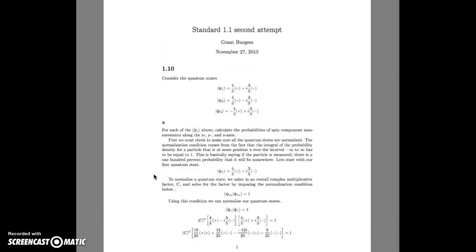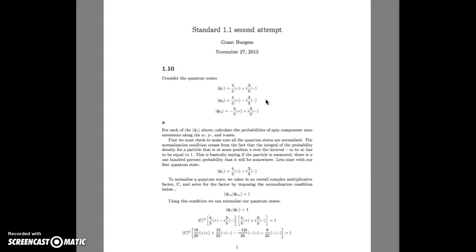This is my second attempt at standard 1.1, and it asks us to consider the quantum states, which are shown right here, and for each of them, calculate the probabilities of spin component measurements along the x, y, and z axis. So first, before we do that, we have to check to make sure that all the quantum states are